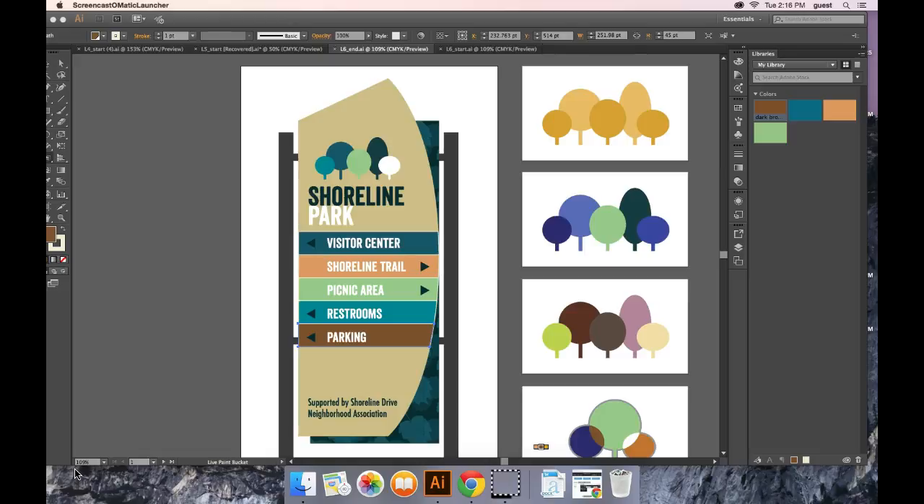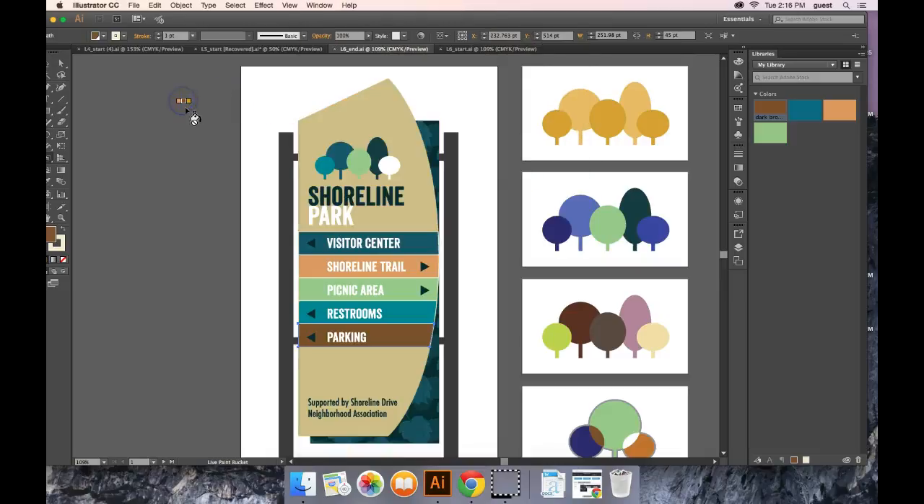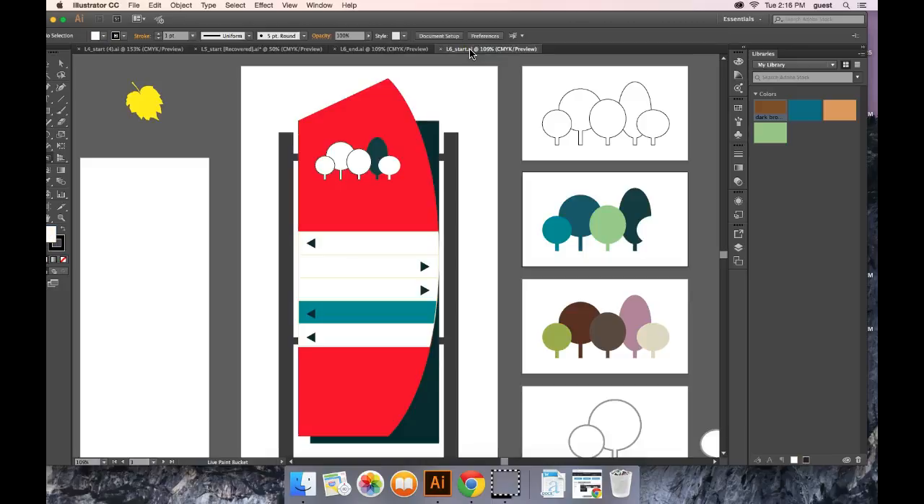So this is the end file here of the Shoreline Park Visitor Center, and this is what we will be working on creating. One thing you want to do is go into your workspace area and make sure that you reset Essentials workspace before we get started. And then you're going to go ahead and open up the L6 start file